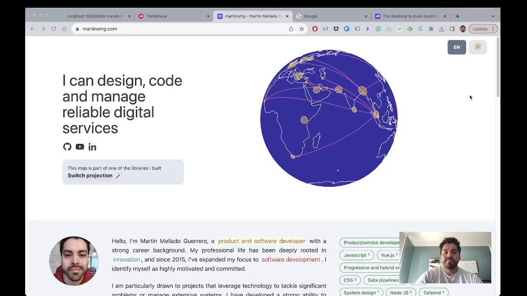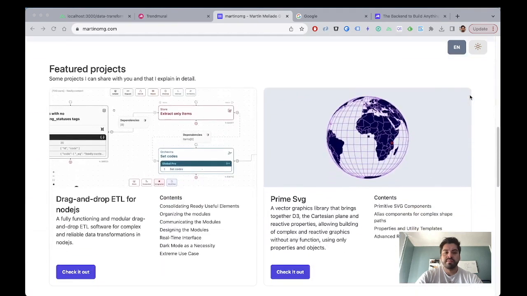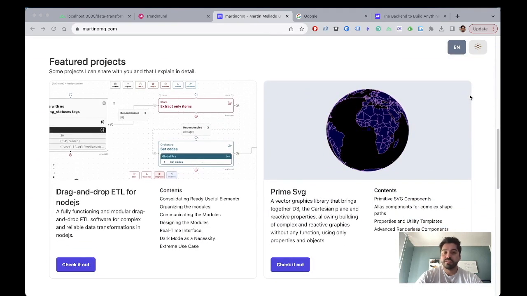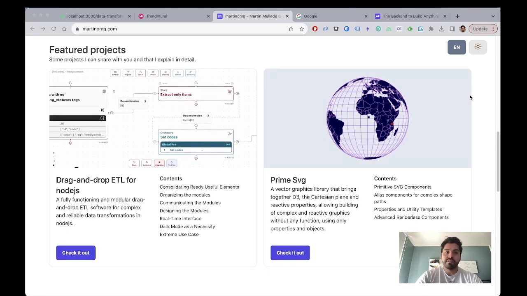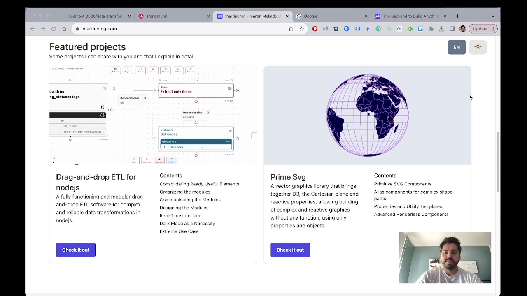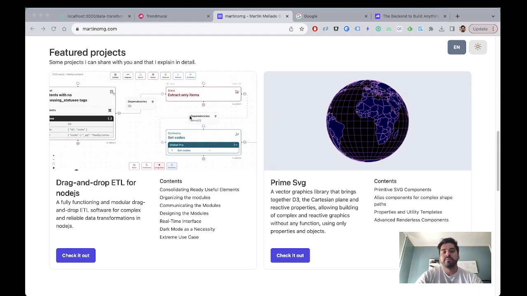Hi, I'm Martin. In this video, I will show you software I built that is a platform for Node.js to handle data transformations with a drag and drop interface. It's a full stack software, so it encompasses a lot of challenges related to full stack development. From the interface that is really complex, drag and drop, nested, with a lot of states in how it